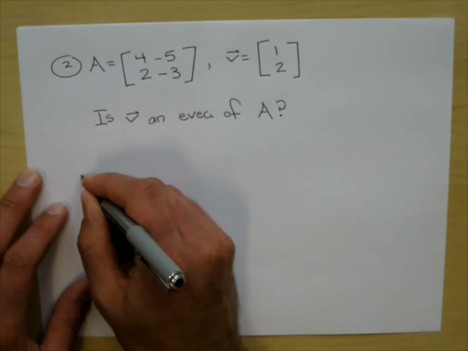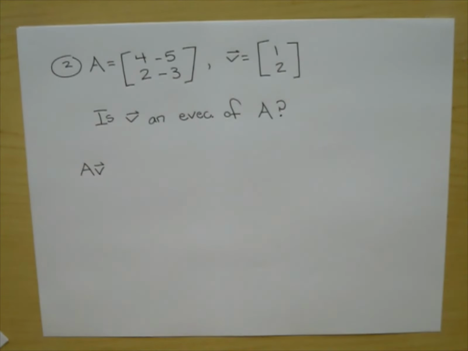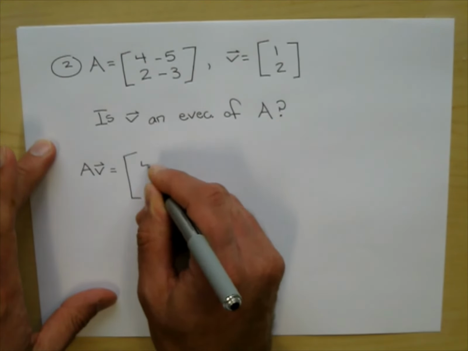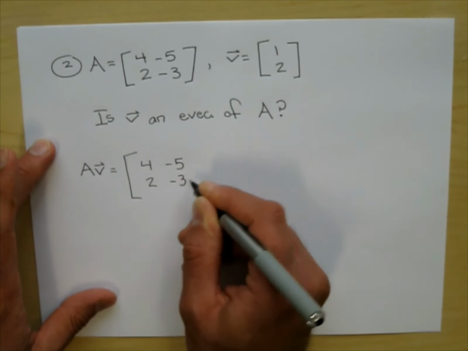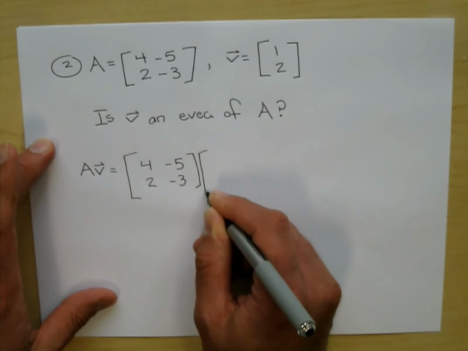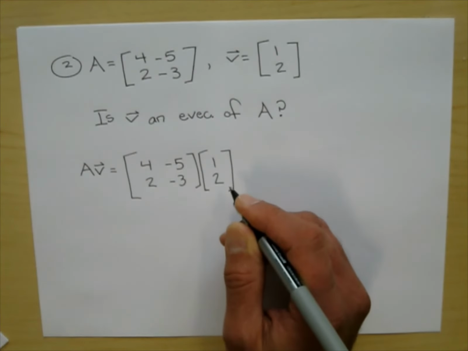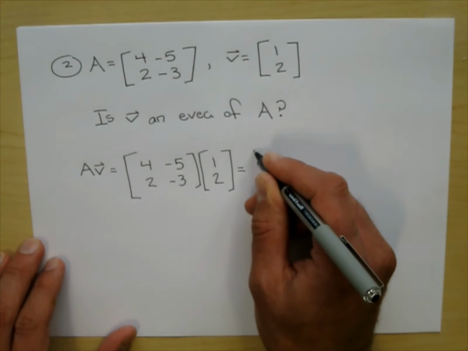Well, what we do is we multiply A times V and see if we get lambda times V, see if we get a scalar times V, and that's what we're going to do. So here's A, and here's V, 1, 2. So why don't we go ahead and multiply those guys together. When I multiply those guys together,